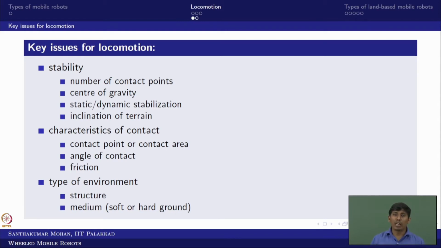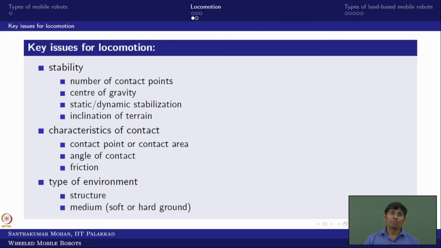So now you are making a 3-point contact, but the length keeps extending. For example, you take a Segway. The Segway is like a vertical pendulum, you can say an inverted pendulum, right? Now on the inverted pendulum, you are going to stand on top of that Segway. So now there is some kind of center of gravity variation. So these all need to be understood.